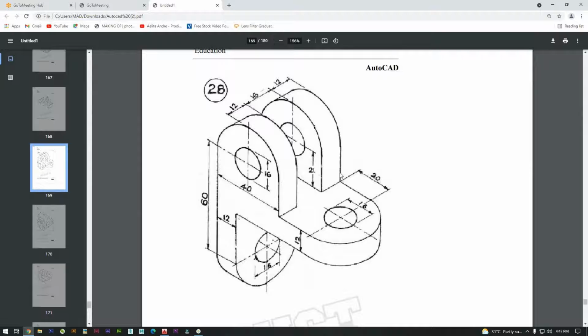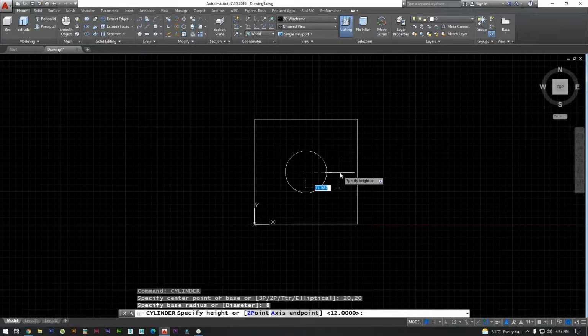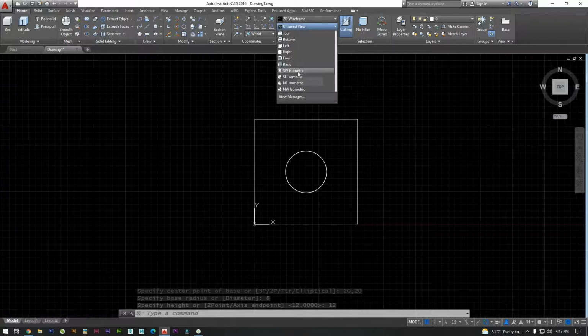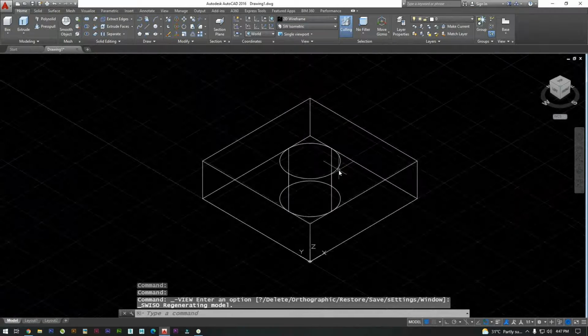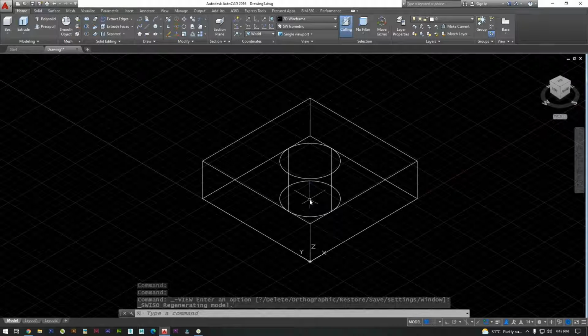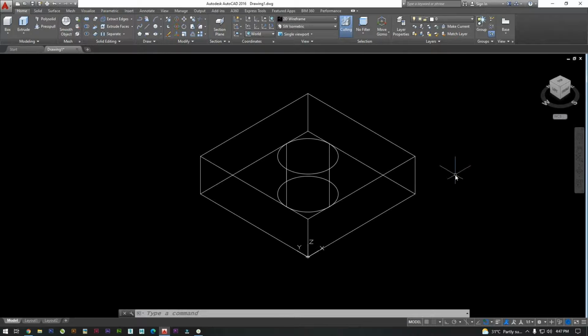Okay. Now 8 is the radius, 12 is the height. Now click here. I said we need to set it to southwest isometric. How to make it a solid view? I want this as a solid view, that means filled view. Last class I told you, using the command